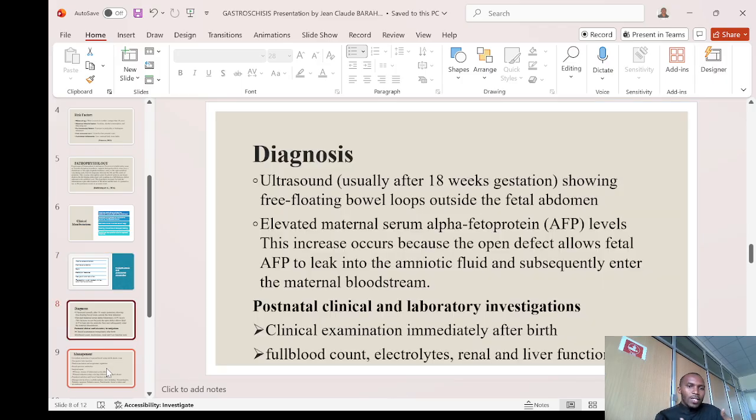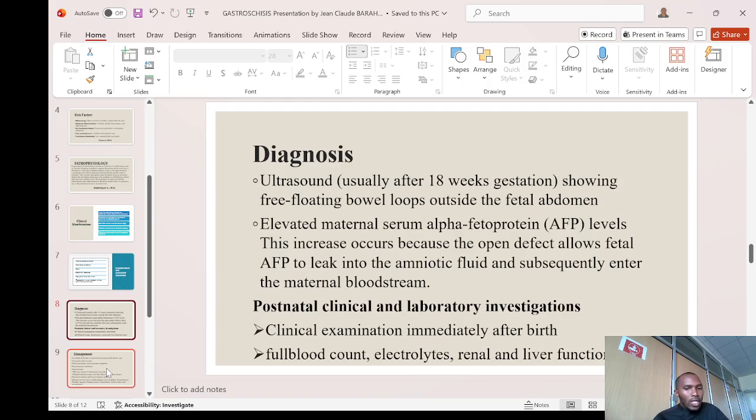Now, how do we diagnose that someone has a baby with gastroschisis? You can do an ultrasound with high resolution. It can show you that the baby has gastroschisis. You can also do some investigations, like taking the serum alpha-fetoprotein. When it is elevated, it is an indicator that there is a baby with a defect in the abdomen, which can lead you to the ultrasound, so that you can check well the morphology, the physical features of the baby, to see if it is gastroschisis.